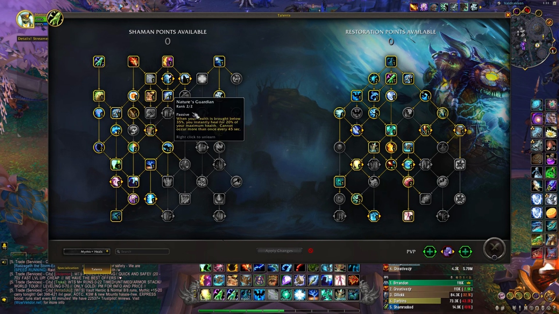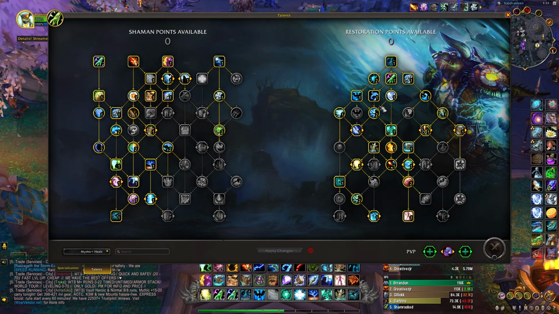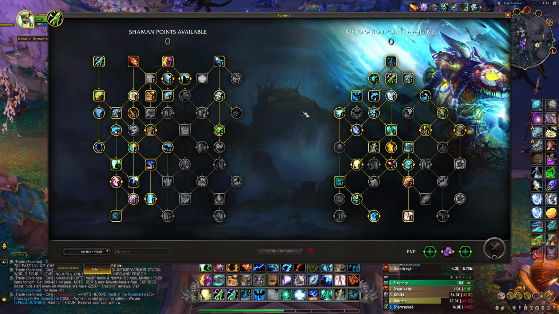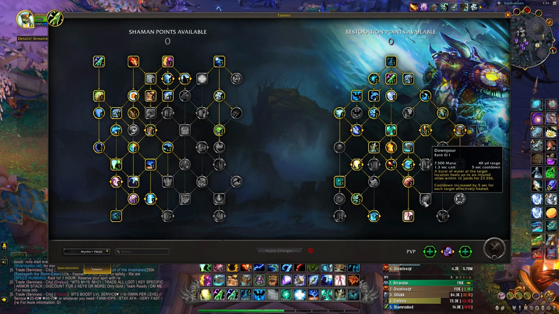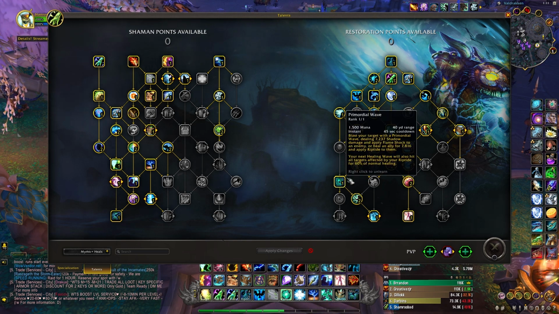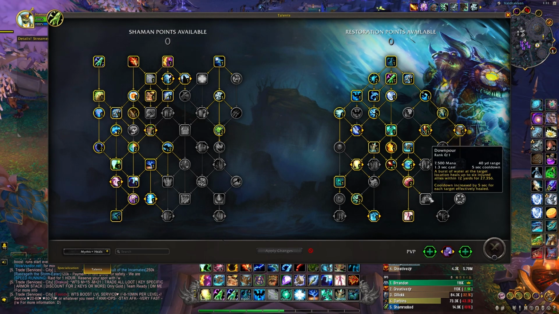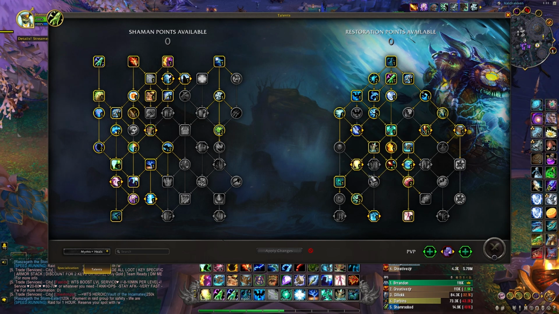Okay, moving on to the right tree. So this is the build that I actually used last week for the right tree, and I really enjoyed it. The only thing that I didn't like about it is that I didn't have Downpour, which I've really come used to using. However, I feel like with our current kit after 10.0.7 and with Primordial Wave, it's not really needed. Like, I feel like if you are going to take the extra healing cooldown, you either take Downpour or Primordial